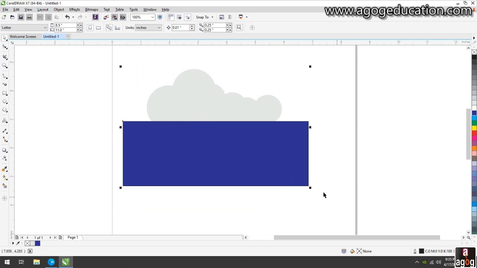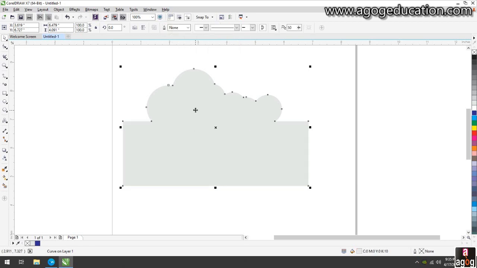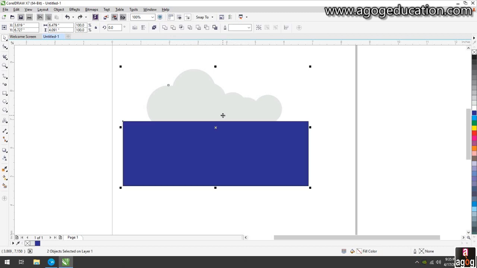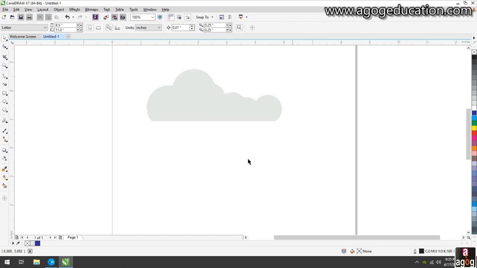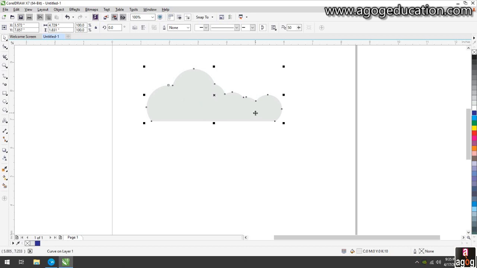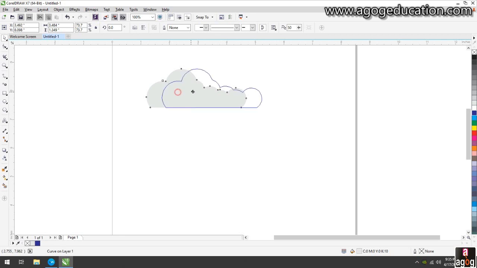Select these two objects and then click on trim. Don't click on weld, otherwise it will combine with the cloud. So undo it and just click on the trim button. Now you will see the cloud is trimmed according to the rectangle. That is the functionality of the trim tool.